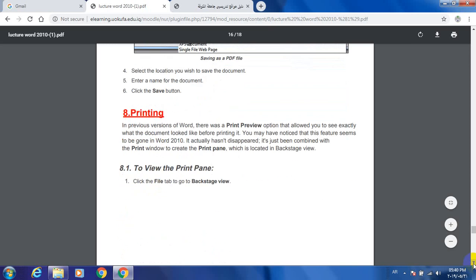Printing. In a previous version of Word, there was a print preview option that allowed you to see exactly what the document looked like before printing it. You may have noticed that this feature seems to be gone in Word 2010. It actually hasn't disappeared. It's just been combined with the print window to create the Print pane, which is located